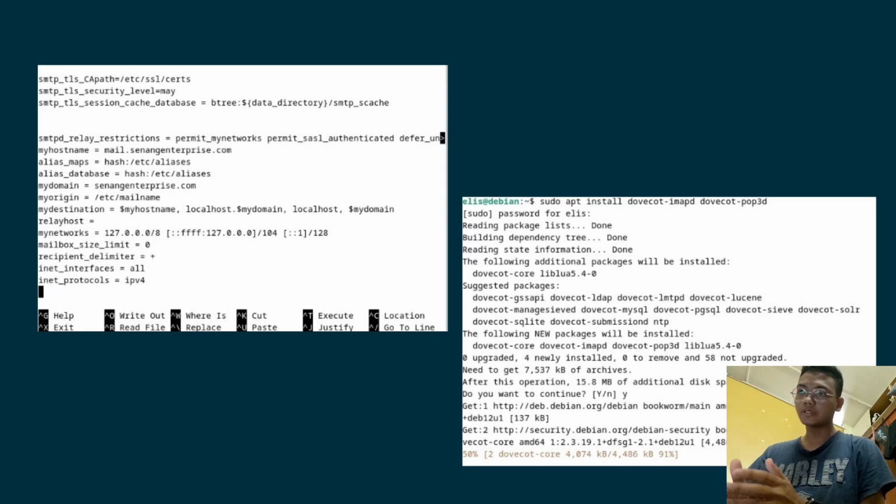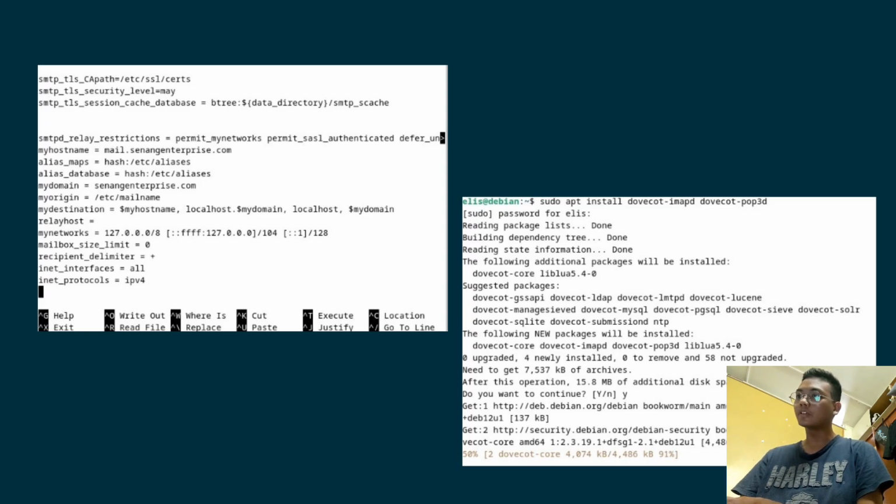Kita letakkan network kita 127.0.0.0/8. Okay, setelah kita edit di dalam nano, kita save dia dengan tekan ctrl enter dan untuk kita keluar daripada nano tersebut, ctrl-x. Okey, apabila kita masuk di dalam paparan command prompt semula, kita harus tekan sudo apt install dovecot